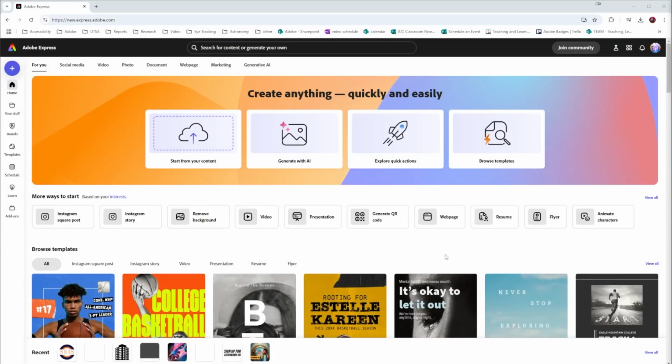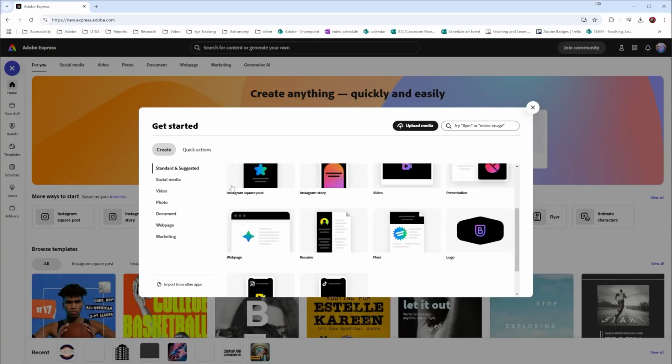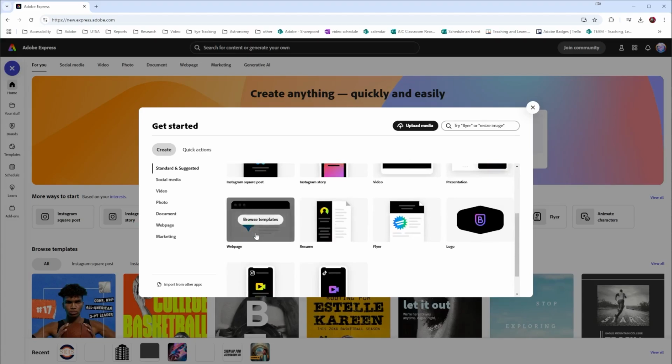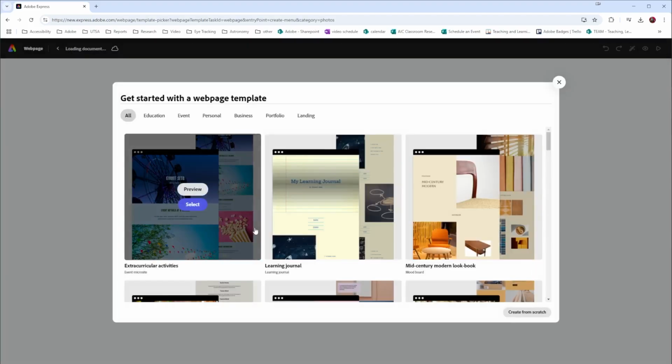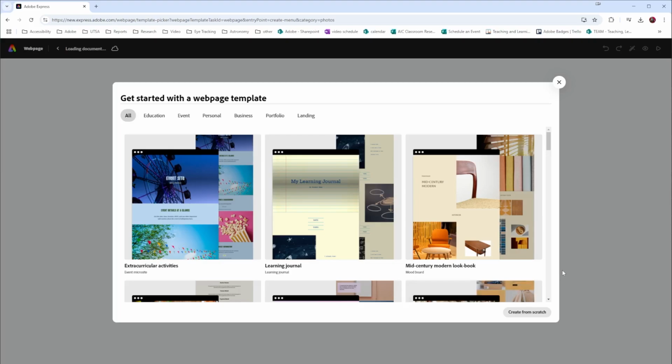This week I'm going to talk to you a little bit about using Adobe Express Pages to make both web pages and presentations with just a few clicks. To get started, we're going to go to the purple plus button, scroll down, and select Web Page. Here in Web Pages, you can choose templates or start from scratch. Personally, I always like to start from scratch.